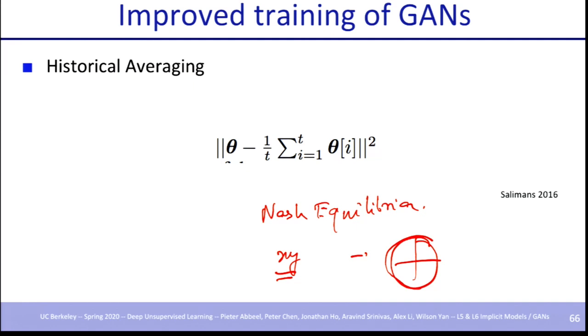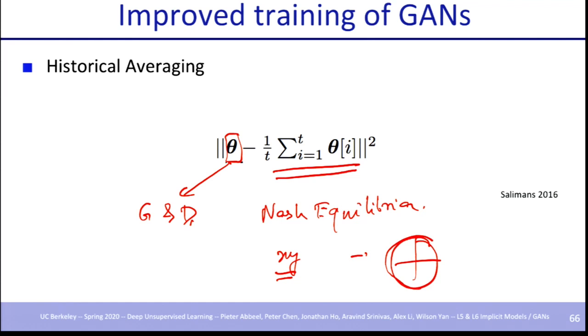So the authors, inspired from some techniques on fictitious gameplay in Nash equilibria, try to have a penalty for the parameters in both the generator and the discriminator to be closer to their historical averages. And you can keep backups of your own parameters' historical averages. In general, it's basically the checkpointing system, right? So when you're running any neural network, you're always checkpointing your latest versions of the parameters. And there is a penalty for the parameters not to steer away too much from the previous versions. So this way, you ensure that the loss is not going to be too oscillating, and it's a good regularizer.